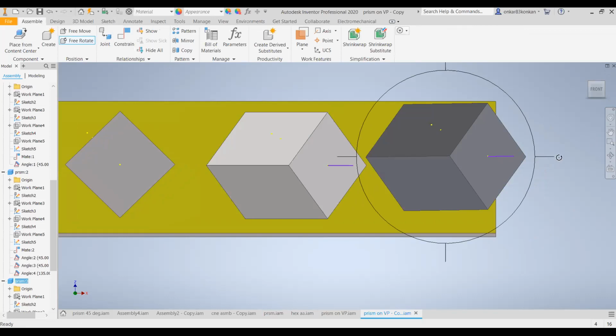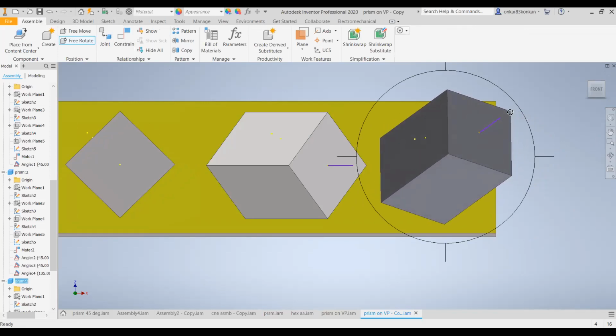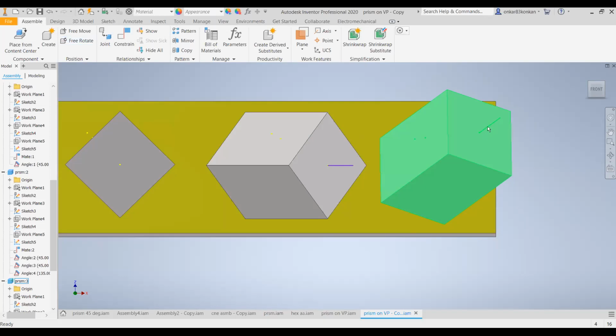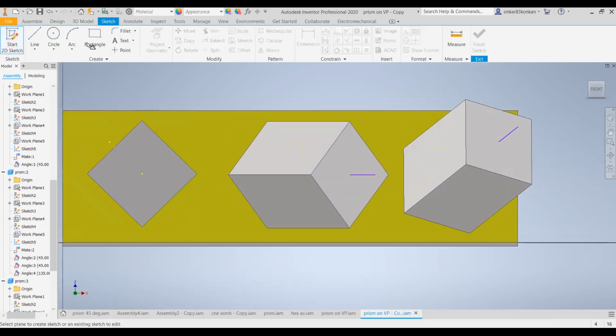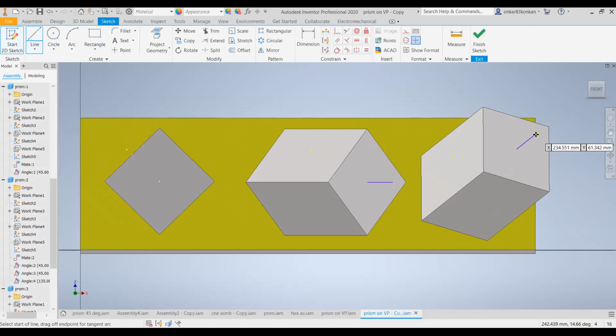So here, if I rotate the front view like this, we can make this axis incline with the XY line, or we can make it incline with the horizontal plane. But if you observe in the front view, then this axis inclination, which is observed in the front view with respect to this XY line, cannot be 30 degree.